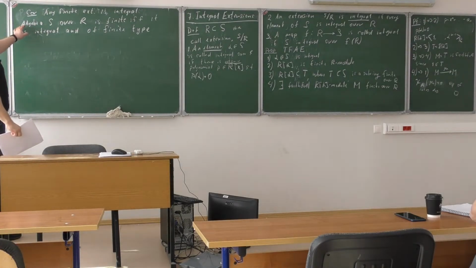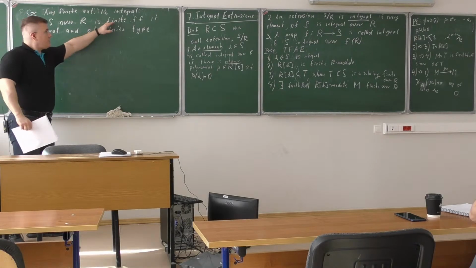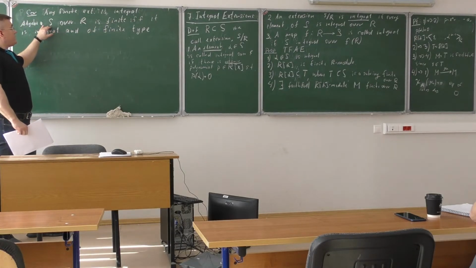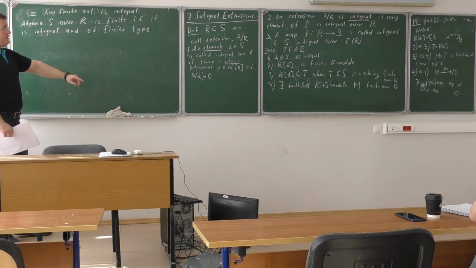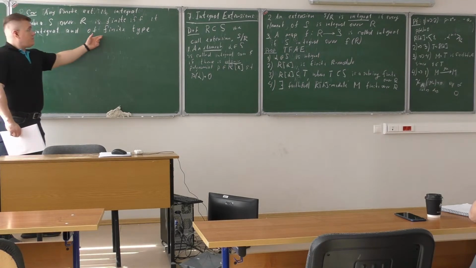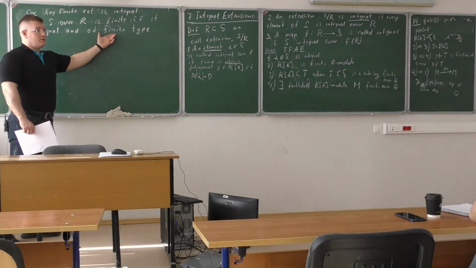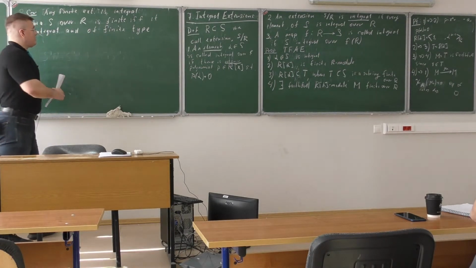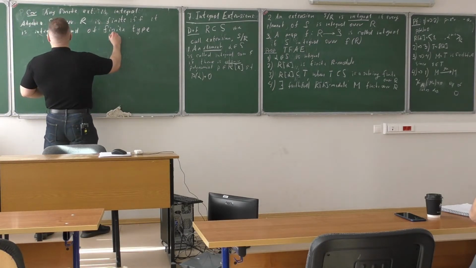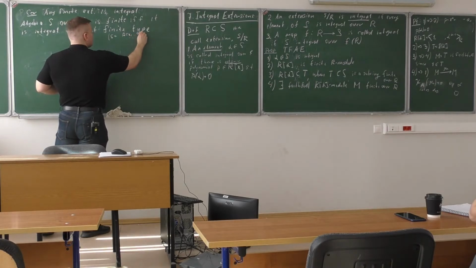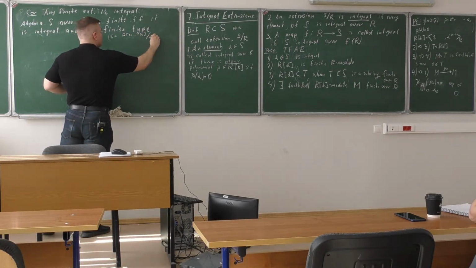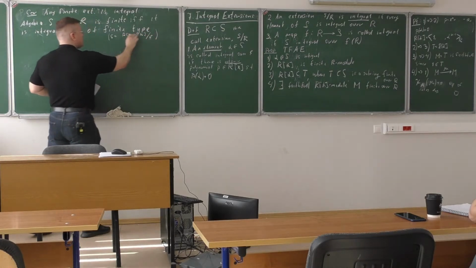Remember that we defined an algebra to be finite if S is finite as an R-module. Integral we have just defined, it's still on the blackboard. And finite type means that it's finitely generated as an algebra. So S is of the form R, you adjoin several generators, and then perhaps you have some relations among these generators. That's finite type.